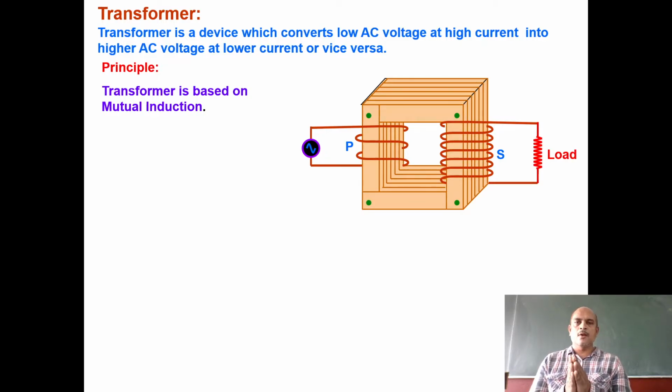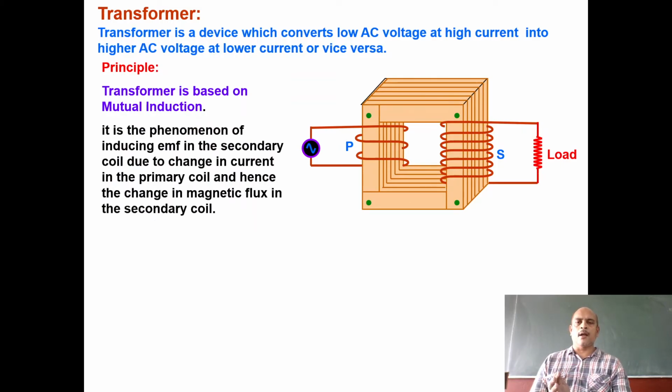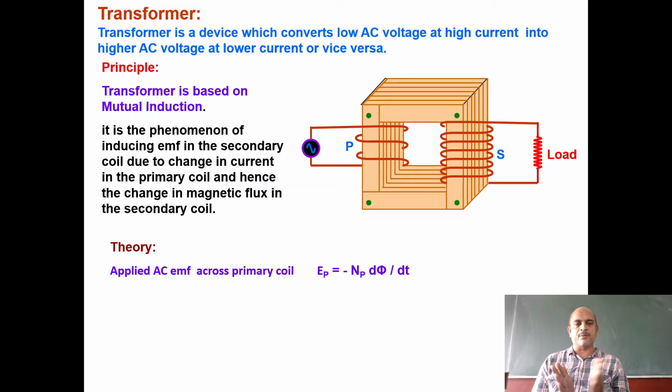So what is the principle of transformer? A transformer is based on the principle of mutual induction. What is mutual induction? When a current carrying coil changes its magnetic field, we know that flux changes, current is induced. So in the primary coil we change the current, so its flux changes, and due to the flux change the neighboring coil's flux changes also, and current is induced in the neighboring coil. That is mutual induction. If current is induced in the same coil, it is called self induction. If current is induced in a neighboring coil, it is called mutual induction. So this is the principle of the transformer.